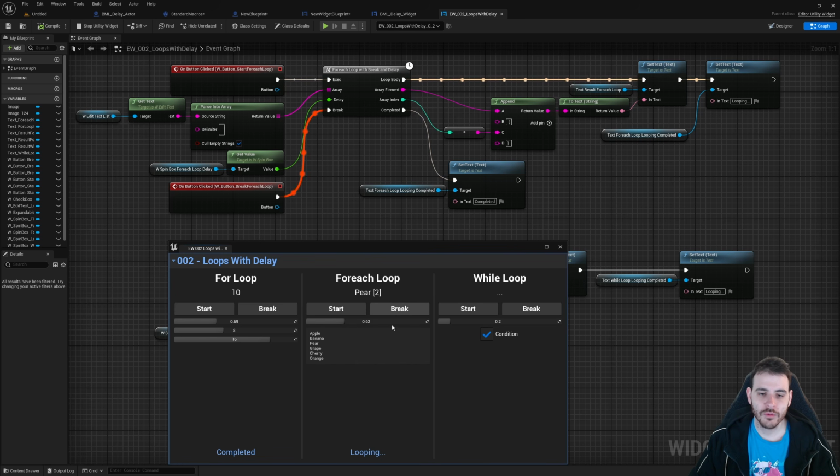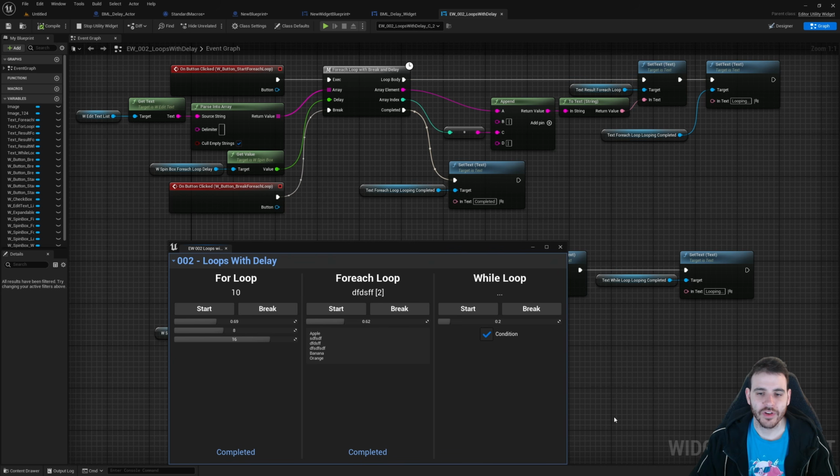I can break at any time, so let's say I break at pear, there we go, I broke at pear. I can remove a few fruits, so I'm just going to keep those three. Apple, banana, orange, there we go, it seems to work. I can add some other things in there, so I can add the random elements, start, apple, and then banana, orange, there we go. It seems to work, so start, break at any point, and the for each loop works